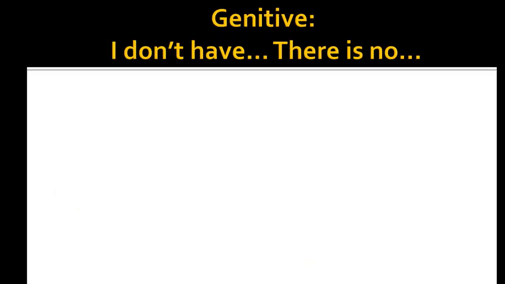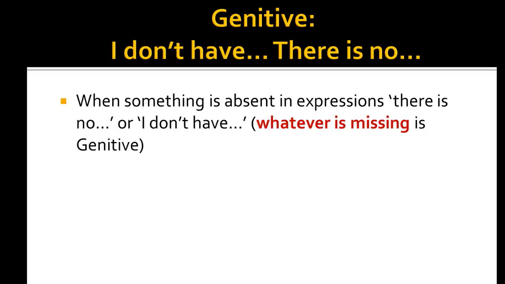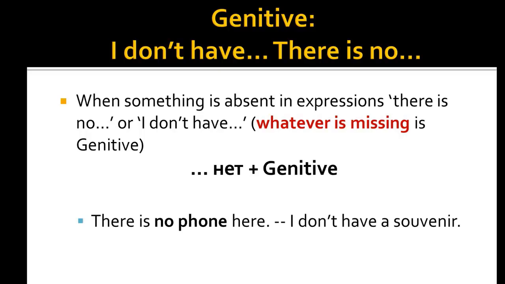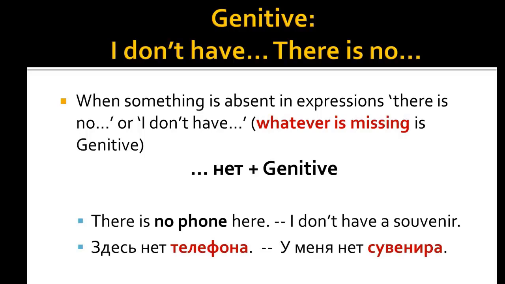We also use genitive in Russian to indicate that we do not have something or that something is missing. To express it, you will use the word нет and a noun in genitive. For example, for these sentences, the Russian equivalents will be «Здесь нет телефона.» «У меня нет сувенира.»